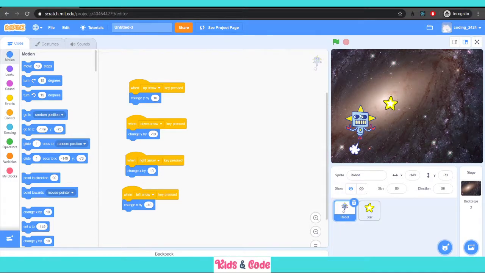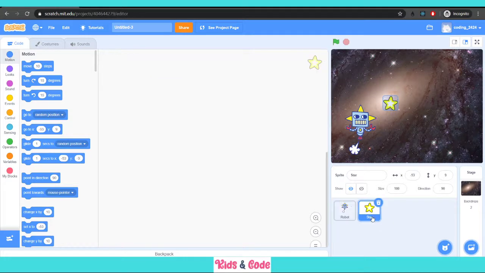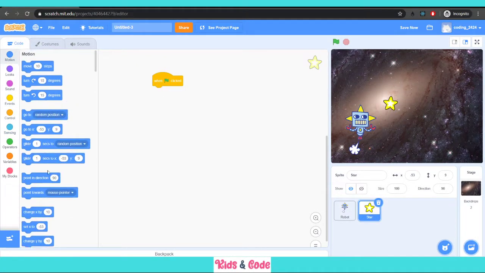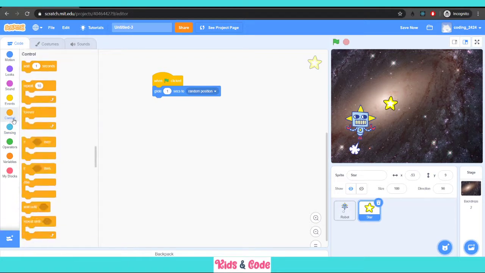We are doing all these actions on the robot till now, and to do some actions on the star, we'll actually choose star from this section here. We'll click on star and we'll say that whenever the green flag is clicked, it should glide 1 second to a random position. And since we want to make it move forever, we go into control and select the loop which says forever. So this loop says that it should keep on gliding to a random position.